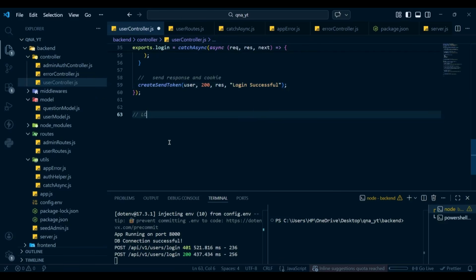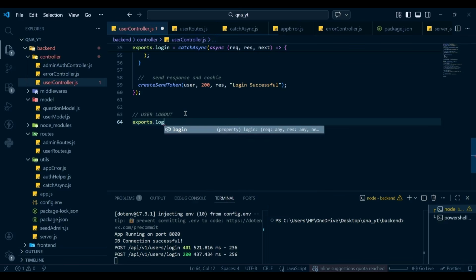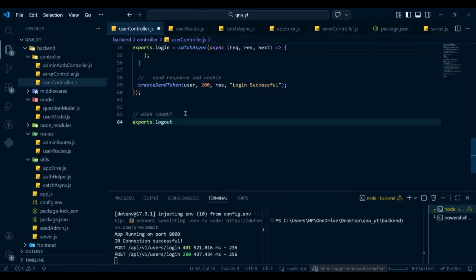So here I'm going to use logout. So user logout, and here I'm going to use exports.logout, and here we'll get the request response, and inside this we are going to use catchAsync, and inside this we are going to use async request, response and next,